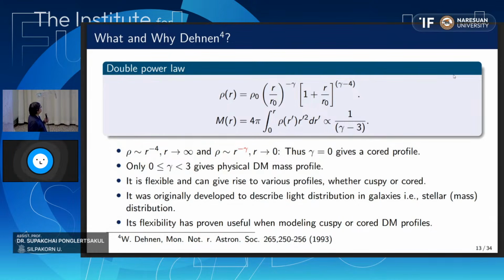If gamma is less than 3, it becomes negative, right? Yes, because this is just a proportionality. I don't remember the whole formula exactly, but there should be somewhere that the negative sign can be absorbed too. The only reason I put it here is that I want to emphasize that gamma equal to 3 is forbidden. That's all. The rest is okay.